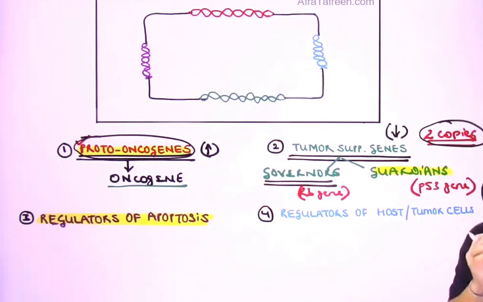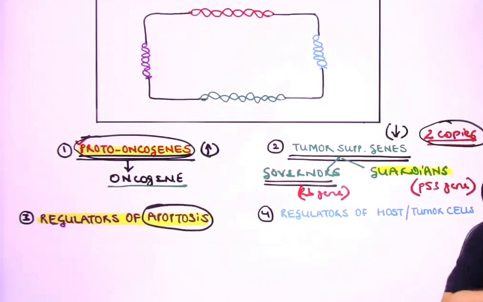So what will the body do? The body will try to induce the death of the mutated cell. And the mechanism by which you induce the death of a cell, the programmed cell death, is what is given the name of apoptosis. So genes which control apoptosis do have a very important role in the pathogenesis or development of cancers.